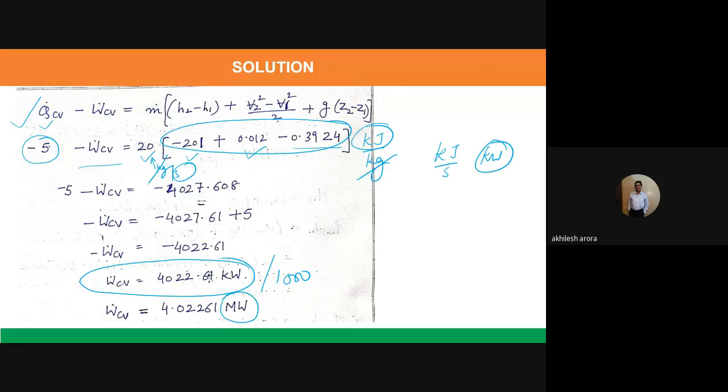Any questions? It is a question which has a number of things to ponder upon. If you can do this question, then you can apply this knowledge to other questions also. I have already sent you P.K. Nag's book, so you can see the 5th chapter and try to solve the numerical problems, the example problems. So do that.